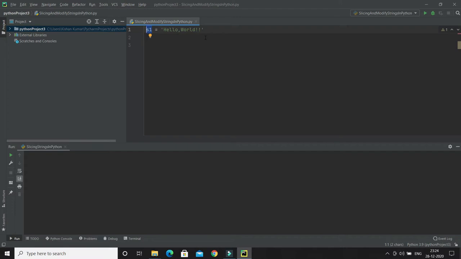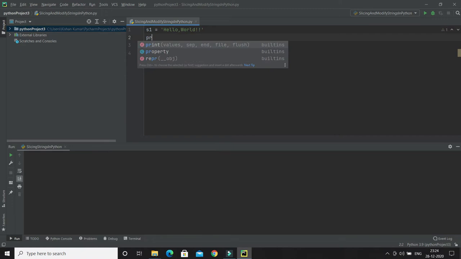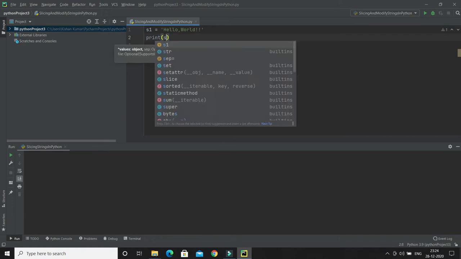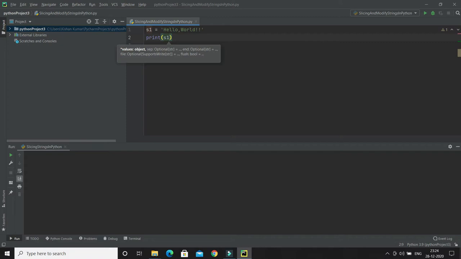I'm going to print the string variable name, and we want the characters returned starting from index 2 to 5. The last index is exclusive, and the start index is inclusive. So this will start from index number 2 till index number 5.